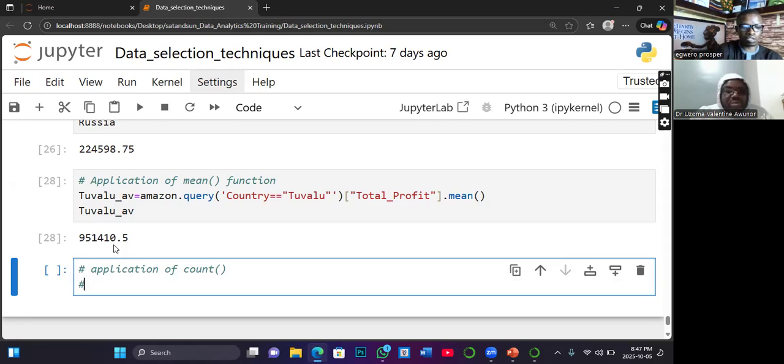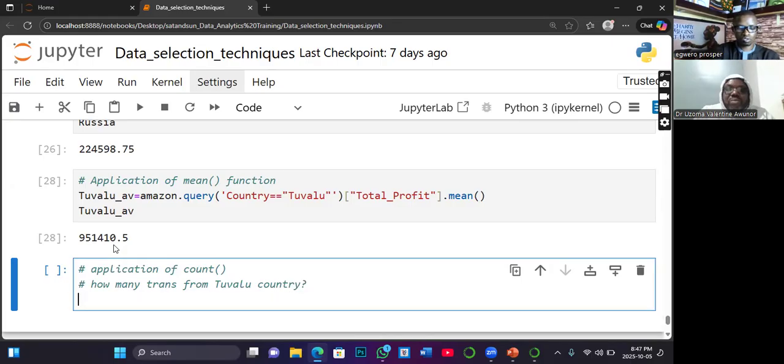So here the question is: how many transactions from to value country as a country? So I will say counts to value